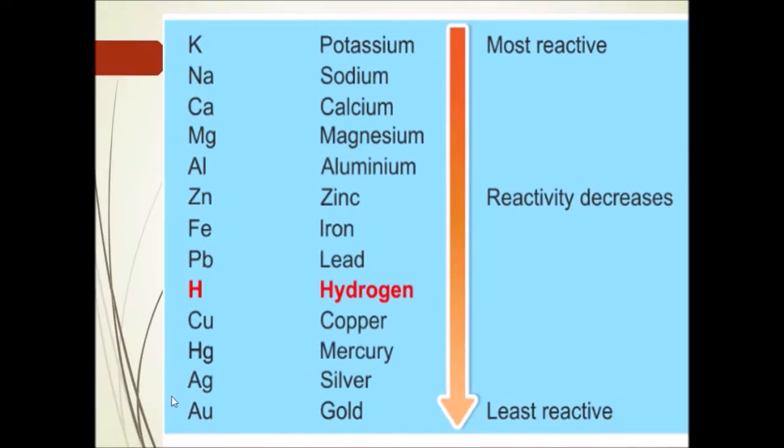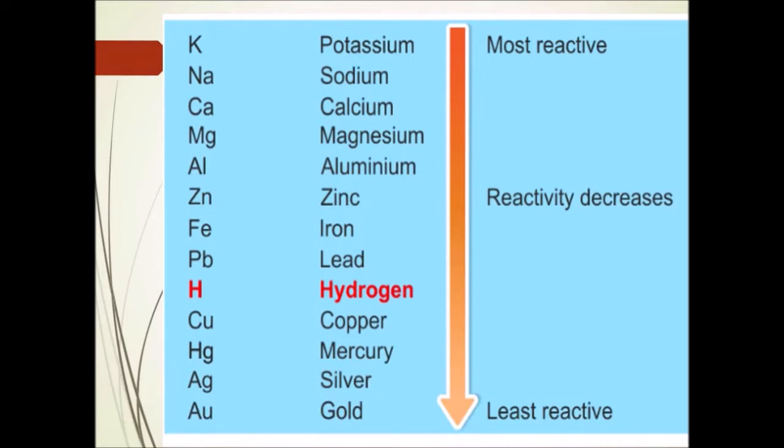When you look at the metal oxides of least reactive metals like gold, silver and mercury, they can be easily reduced to get their metals just by thermal reduction. What is this thermal reduction? As it is, mercury, silver and gold are least reactive to atmospheric air and oxygen. If at all some oxide formation has happened, or an oxygen layer is present on the surface of the metal, they can be easily reduced to their respective metal just by thermal reduction,